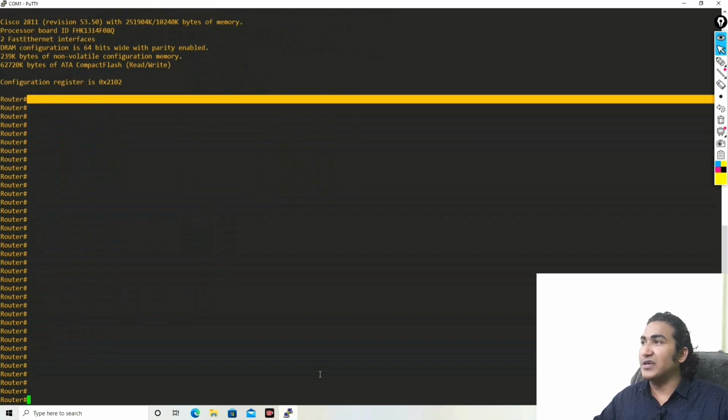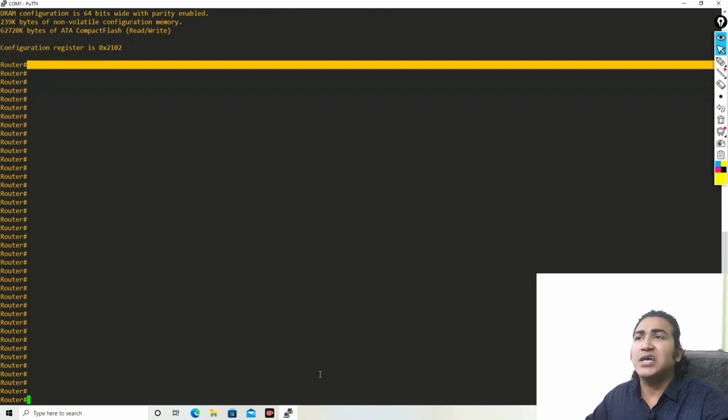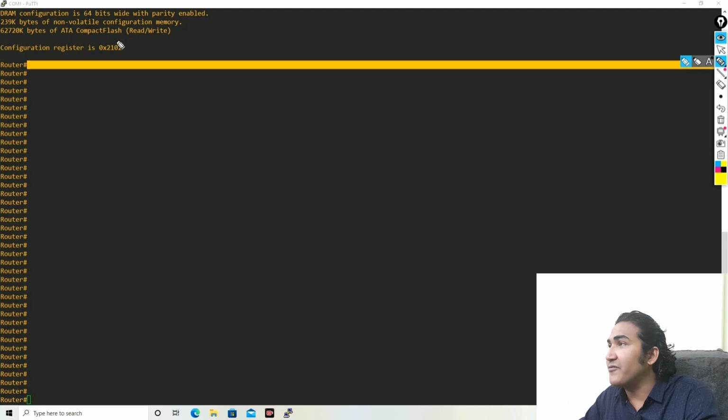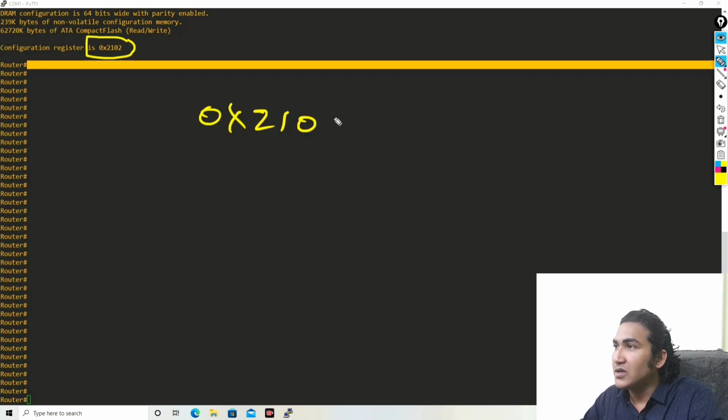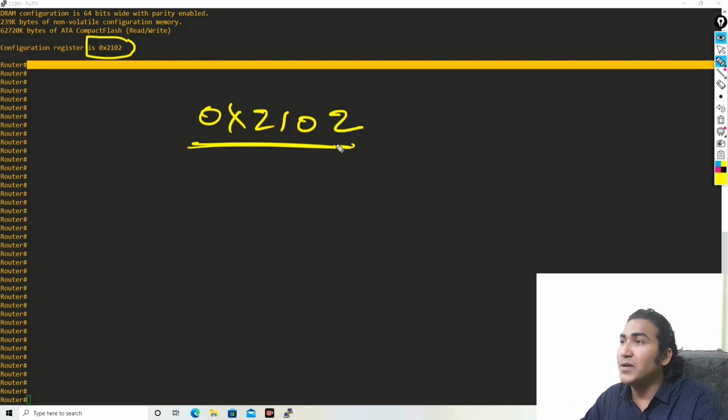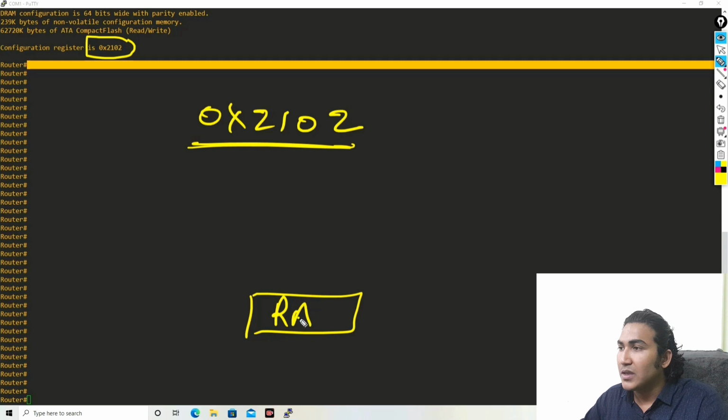By default configuration register value. What is configuration register value? Configuration register value tells us the booting behavior of your router. Actually, one configuration value is 0x2102. The booting behavior of your router is that your router will store main IOS from flash to